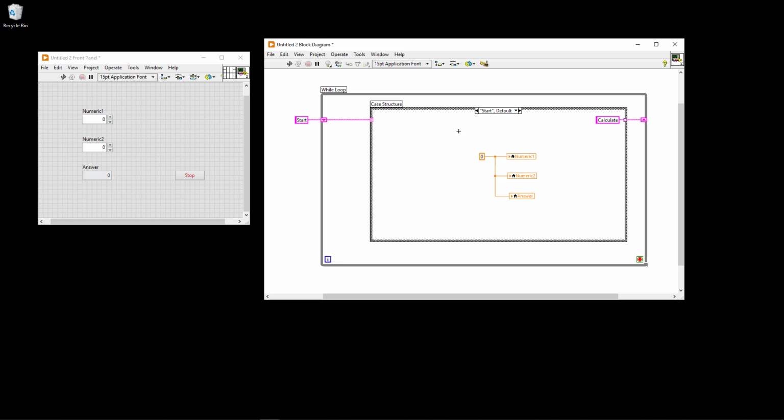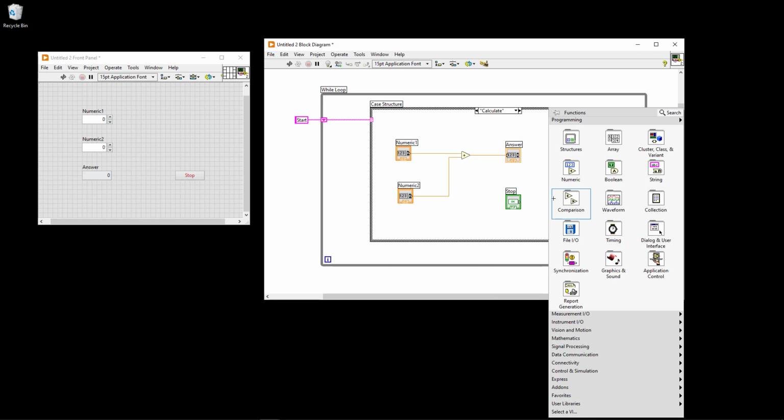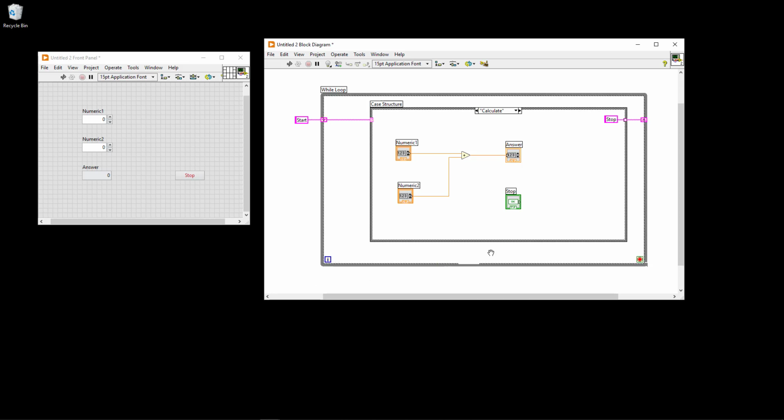So first it goes into start, then here I just initialize and set the different numeric controls to 0. Then I go to calculate, and then here I can check. So either here I can go to the stop button, to the stop case, which is here, or I can calculate once more, depending on either this is true or not. So then I can just do some logic here. I can use this comparison and this select,